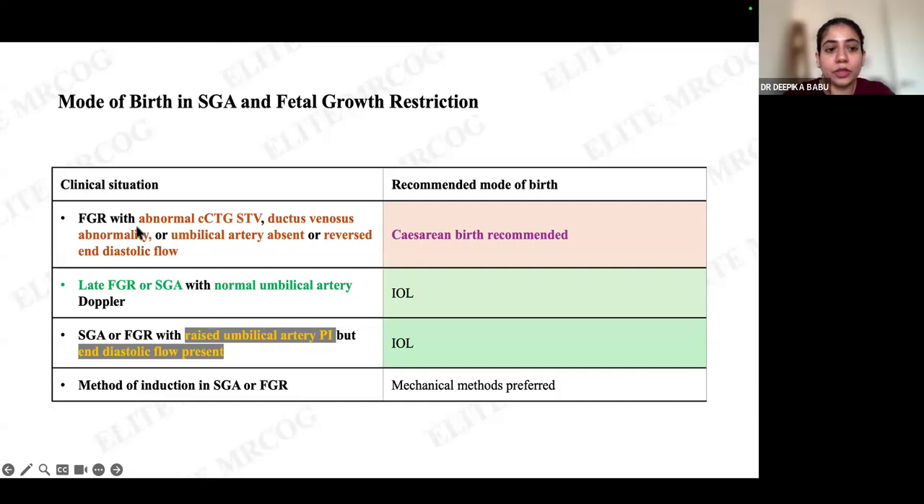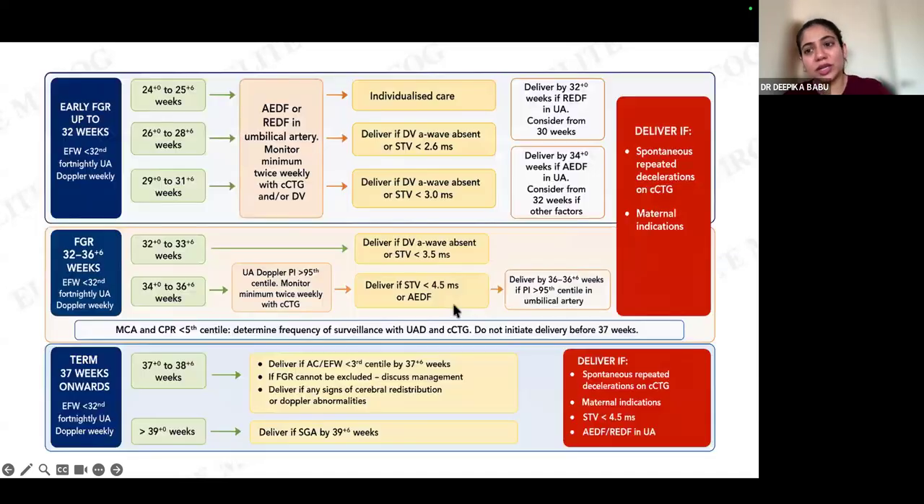Same thing, mode of birth: FGR with abnormal computerized CTG, ductus venosus abnormality, or umbilical artery showing absent or reversed flow, go for cesarean section. Late onset FGR, less than third centile, and or SGA with no Doppler changes, induction of labor. Just a raised umbilical artery Doppler in late onset FGR, you can still go for induction of labor. Method of induction in SGA or FGR, mechanical methods are generally preferred, but for the SGA you can still consider